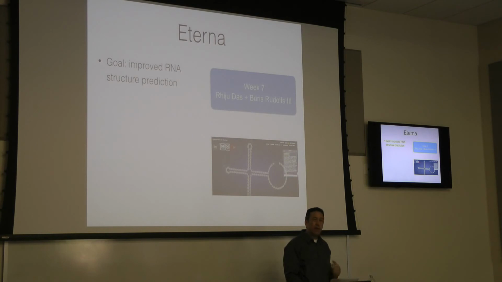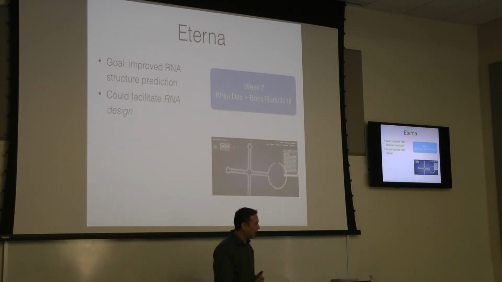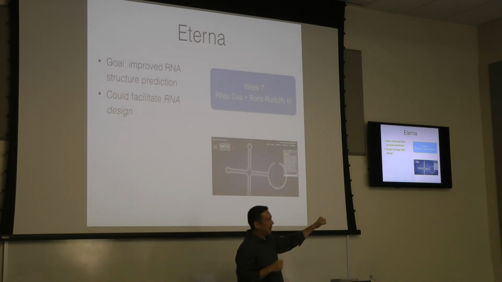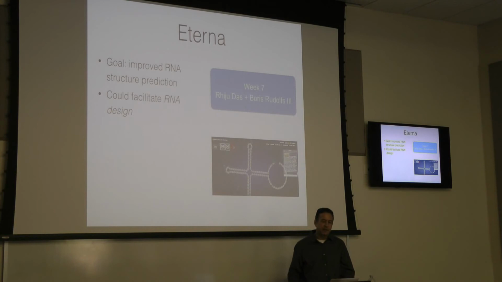All right? And moreover, it's an unsolved problem, right? For many cases, they do know what the folding structure will be, but for many cases, they don't. And if we had better principles for this, we could then do RNA design. We could say, look, here's one stage in the Rube Goldberg cancer process. This is what's going wrong in this type of cancer that's making it occur. If we had a drug that was this shape, if we had a particle that was this shape, it could interfere with one stage of that process. And if we could engineer RNA to conform into that shape, then we could come up with a new drug that we could try to use to target the disease. And so that's the goal of Aterna, to improve RNA structure prediction and design.